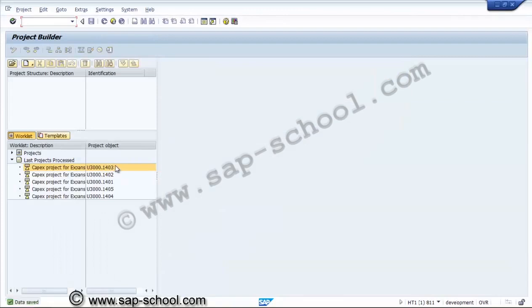So here we have created the network from the project builder by copying from another network.